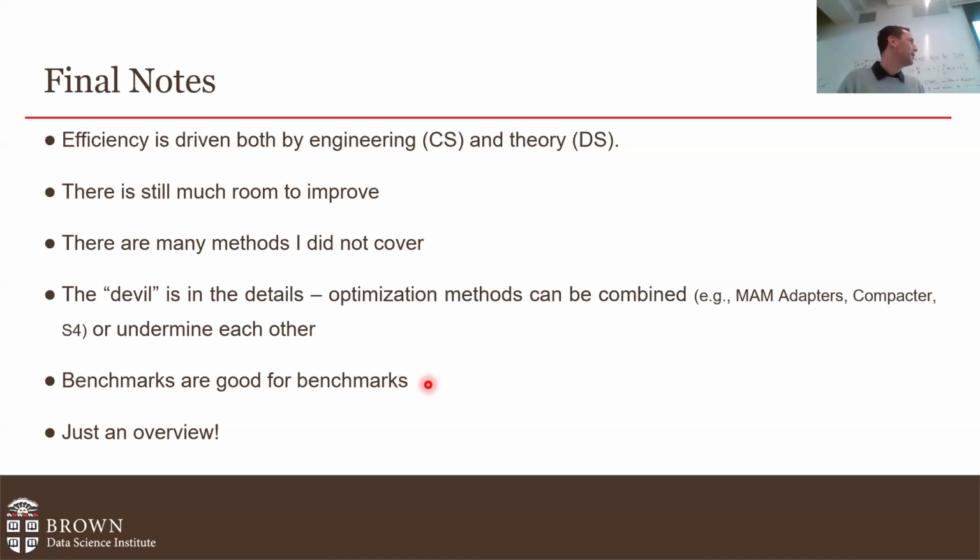One thing about reading papers: benchmarks are only good for benchmarks. I saw papers that presented very good results on the benchmark, but in real life didn't work well. So my advice is not just to pick the best papers as is, the best accuracy, the best memory, and so on. Try it on your data. And of course, this is just an overview, so I simplified things to get the main point. I put all the papers in there so you can dive in. Yeah, that's it. I have a few more minutes for questions if you have any.